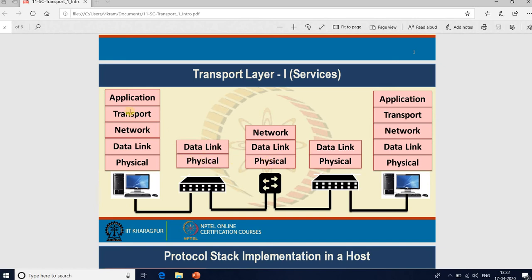Now this transport layer sits on top of the network layer, and it exists only at the end hosts. The task of the transport layer is to ensure end-to-end performance, or end-to-end functionalities, of the network.